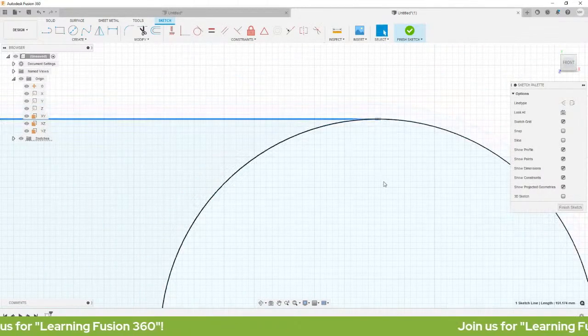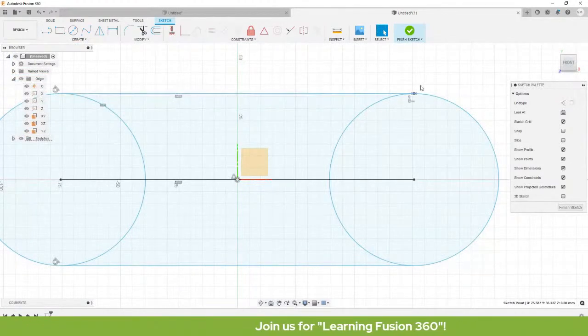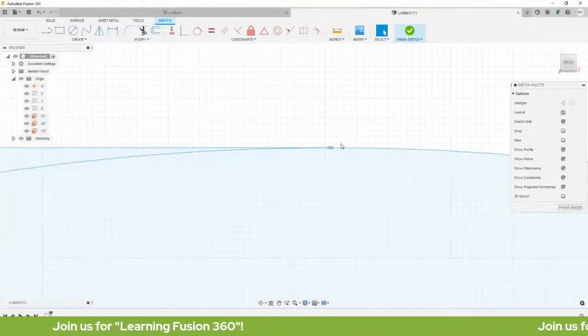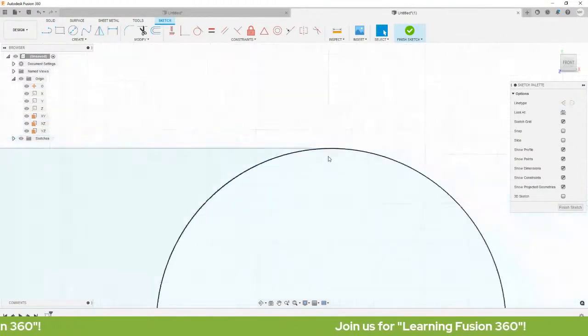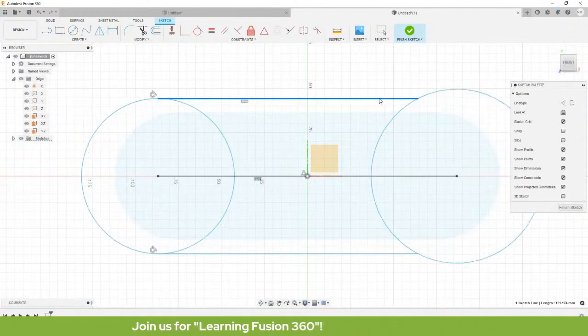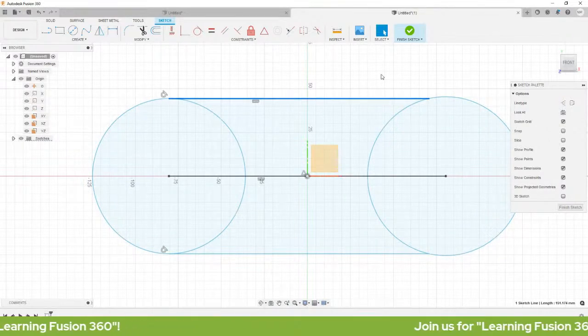So, this one is naka-parallel siya. No? So, delete natin tong parallel na constraints. Okay? So, if you want to delete your constraints, you can always press the delete key on your keyboard.